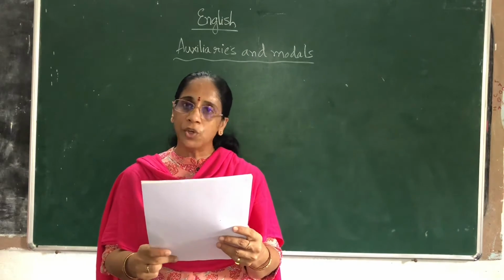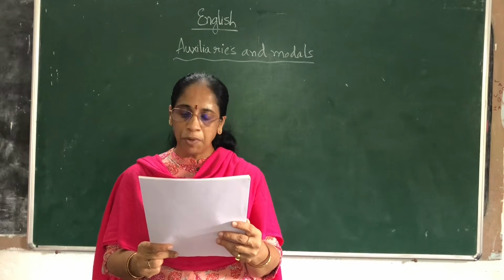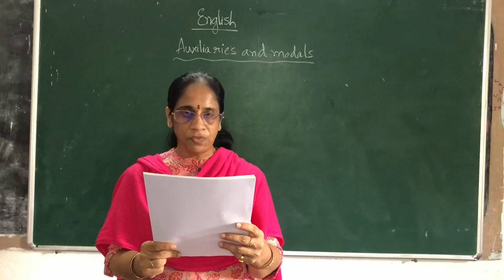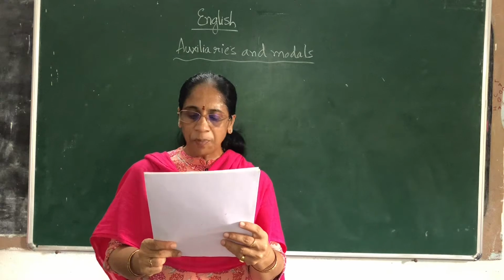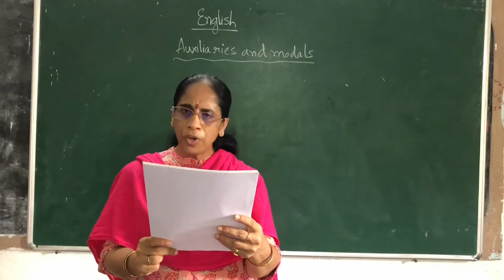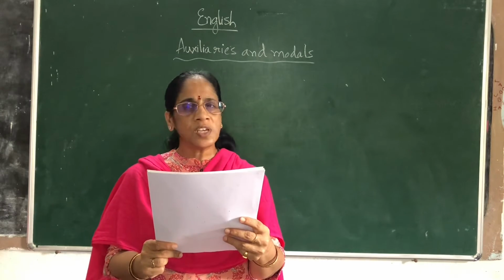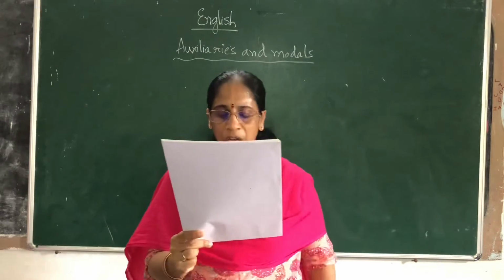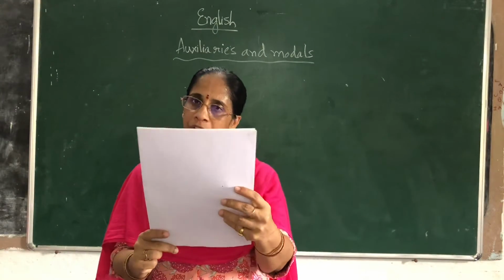Use of auxiliary do. To form the negative and interrogative of the simple present and simple past tenses of ordinary verbs, as he doesn't work, he didn't work. Does he work? Did he work? To avoid repetition of a previous ordinary verb, as do you know him? Yes, I do. There is no need to say yes, I know him. Simply if you say yes, I do, it is understood. In the same way, she sings well. Yes, she does. You met him, didn't you?